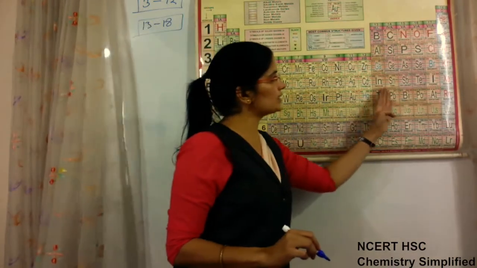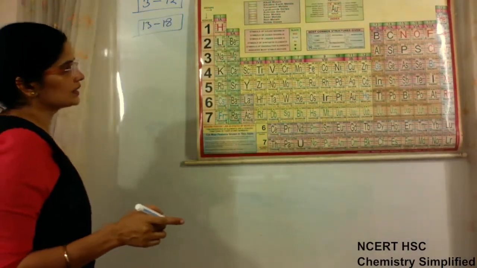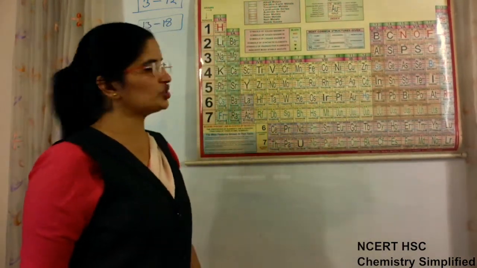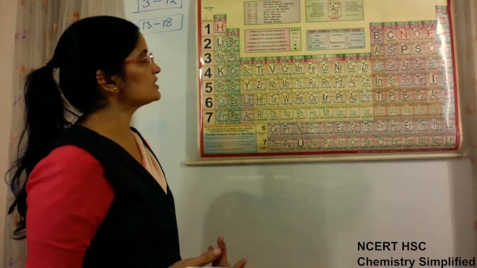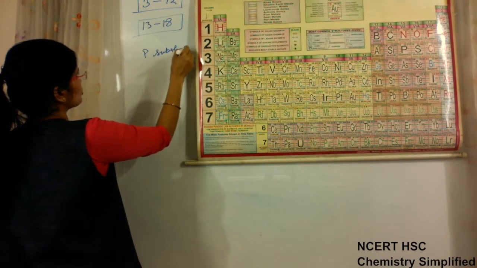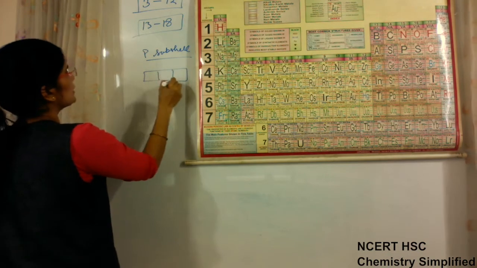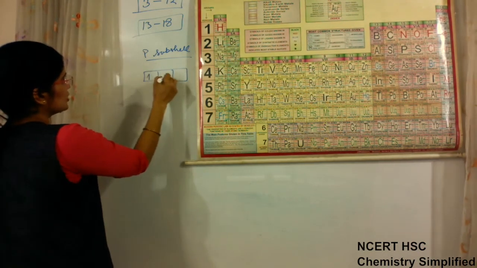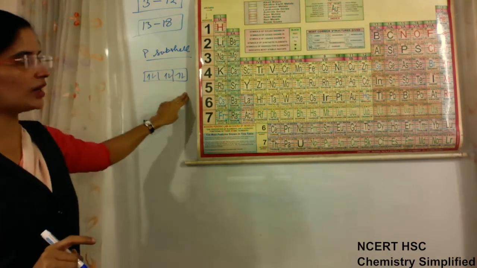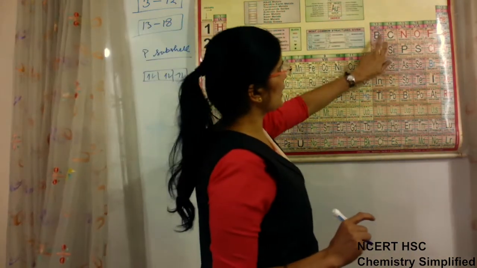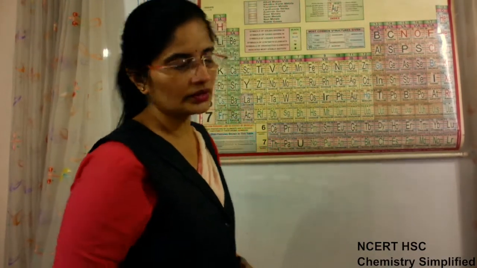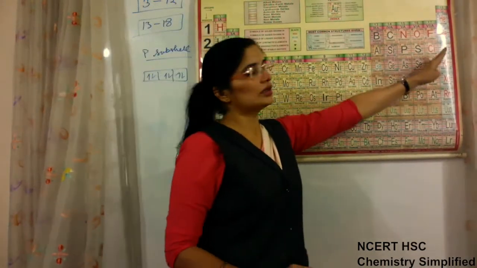These elements are known as P block elements because again the last electron goes in the P subshell of the main shell. Whatever is the main shell, in P subshell it will go. In P subshell we have 3 orbitals. Each can accommodate 2 electrons. So total number of electrons in 3 orbitals becomes 6. And you can see that in P block elements, 1, 2, 3, 4, 5, 6, we have 6 groups.